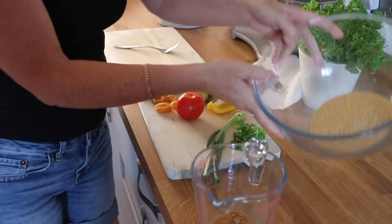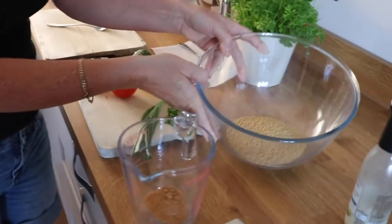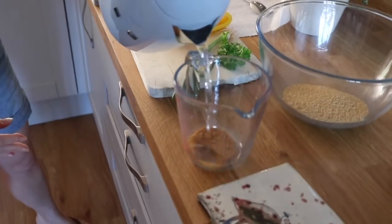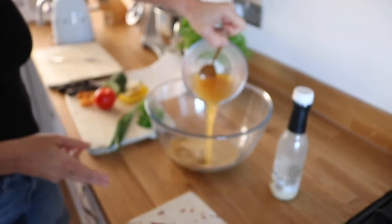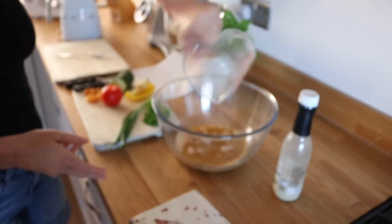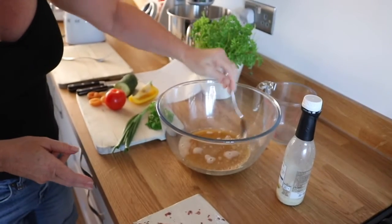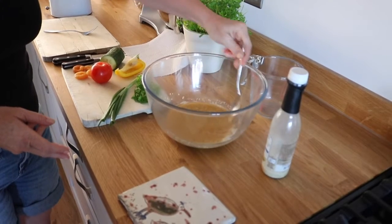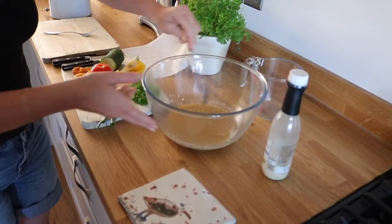So I've got 100 grams of couscous in the bowl here, and to that I'm going to add 175 grams of vegetable stock. So I've put a vegetable Oxo cube into the measuring jug, added 175 grams of stock, and I'm now just going to add that to the couscous, and I'm going to just quickly give that a stir in and then just leave that to stand for 5 minutes, and it will rehydrate and it will absorb the